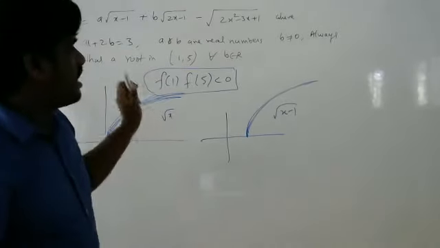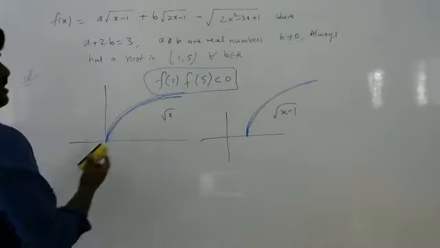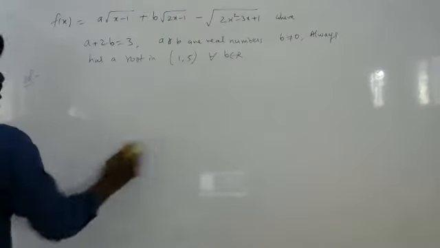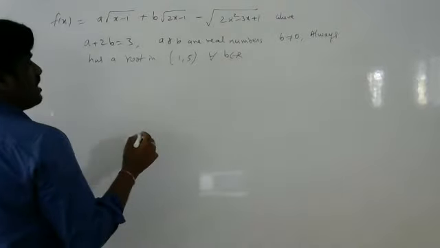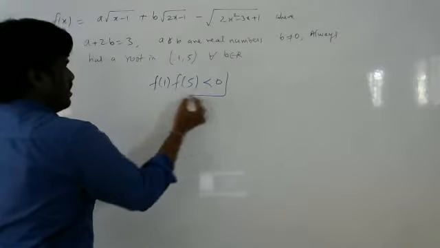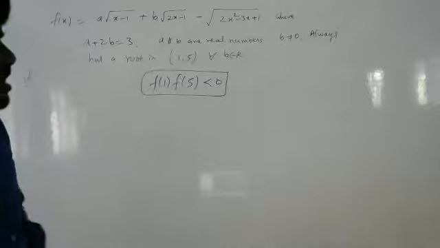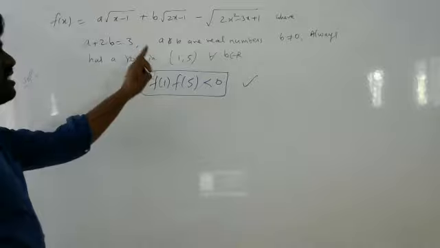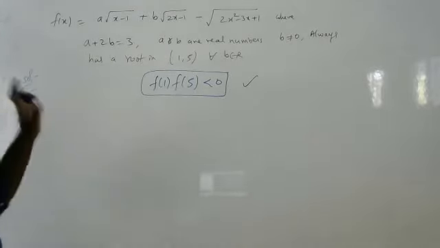So overall we came to know it is continuous. So I can use the IVT theorem. We can use the IVT theorem when it is a continuous function. So here I came to know it is a continuous function. And what is the rule for application of the theorem? If I get f of 1 into f of 5 less than 0, then I can say there exists at least one root. I can say it is proved. Hence proved means I can say it always has a root.